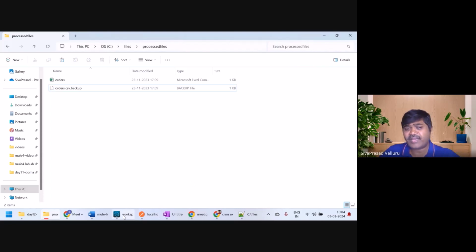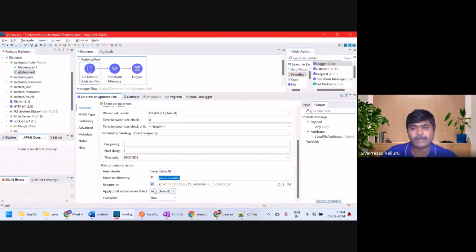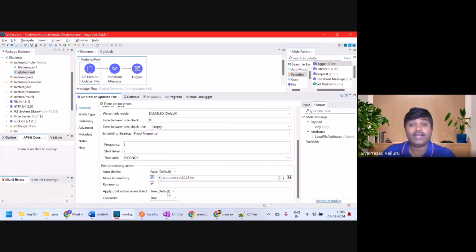So like that, when you're actually moving the file to another directory, you can rename it. Fine. Now you understood about all this. Now I'll delete this. I don't want it. Now, see here,